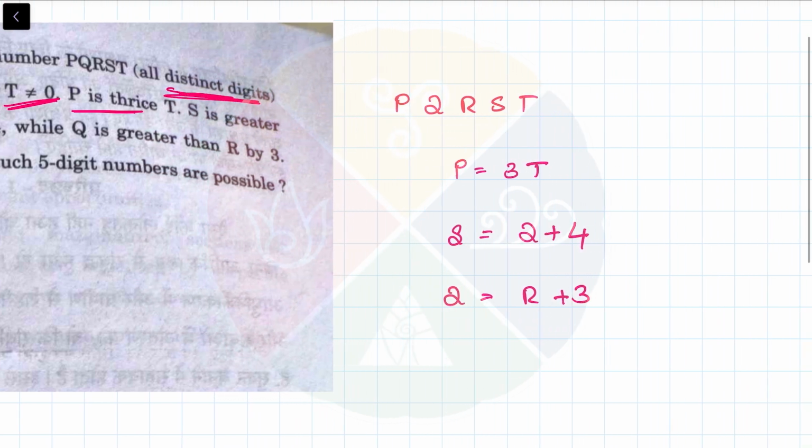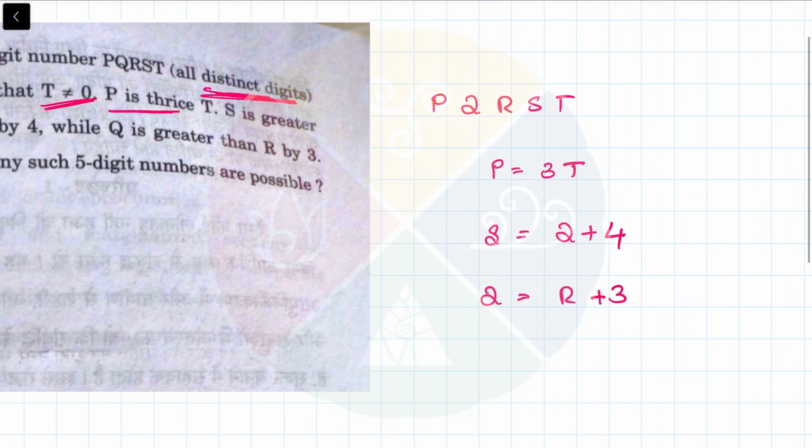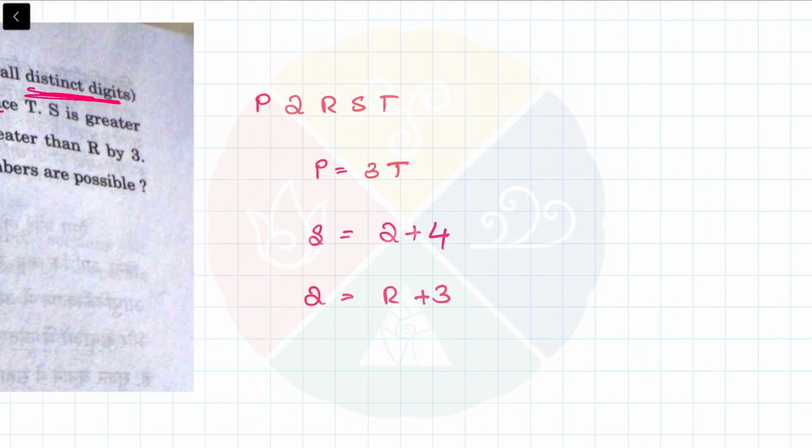Okay. First of all, T is not 0. Okay, good. How many such values are possible? Is there any overlapping? P and T we have a link. S and Q we have a link. R and Q we have a link. I can basically connect these values. Okay, how to connect? Replace